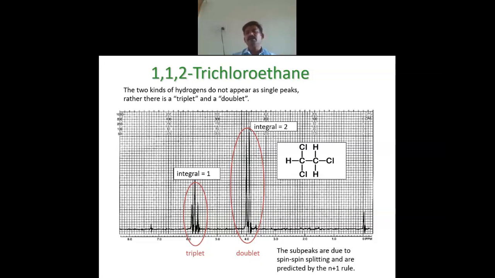And this carbon has 2 hydrogens. Only one chlorine is there, and here the 2 chlorines. So the environment of this proton and this proton is different. So mean this is the one peak, and this is also the one peak. Two different peaks will come. This is the one and this. Okay. So in this compound, two environments are there.